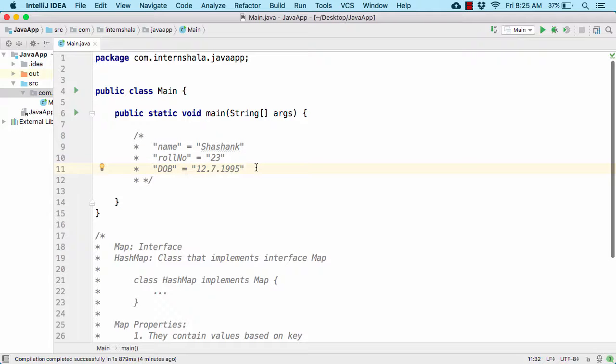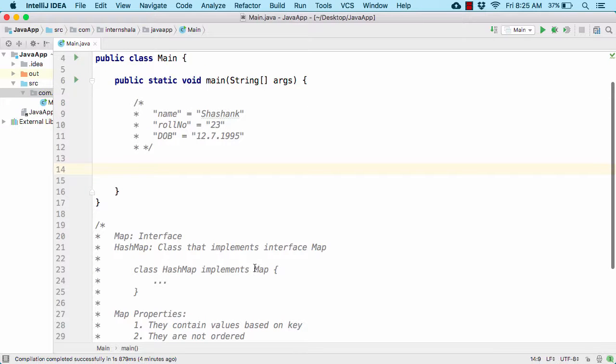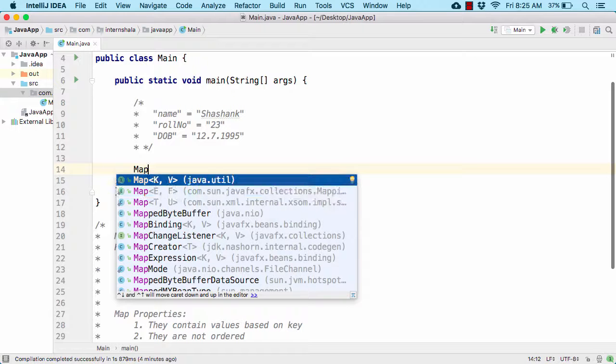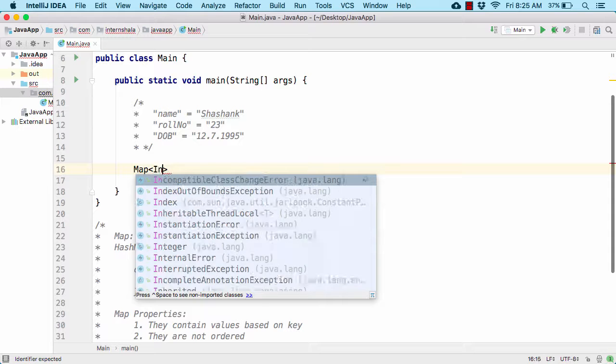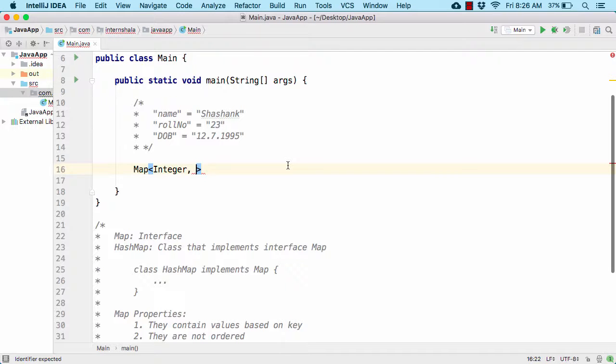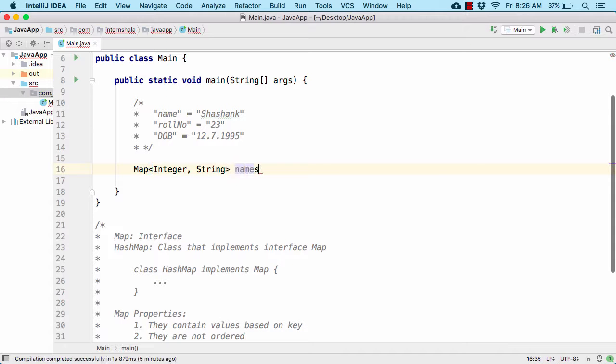Now the hash map is similar to what we have written here. It actually accepts the data in the form of key value pair. So to define the hash map, we have the interface of map. So let us use map, and as a parameter, it simply expects the key value. What should be the key and what should be the value? So here, as a key I will pass the box type integer, and as a value I will now pass a string, and this time I will define my namesmap equal to, let's say,